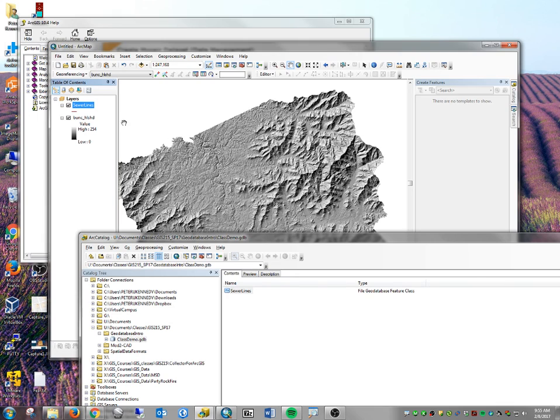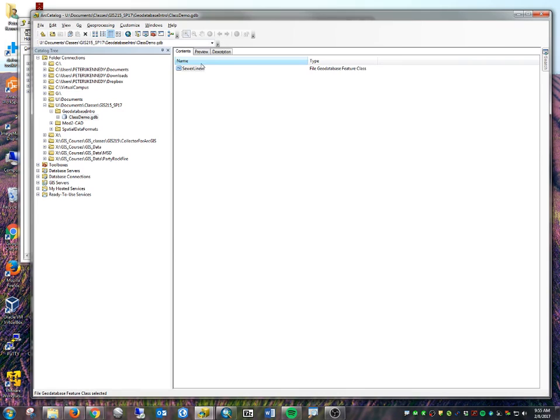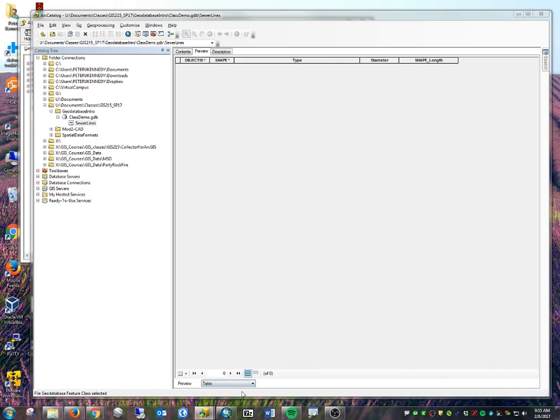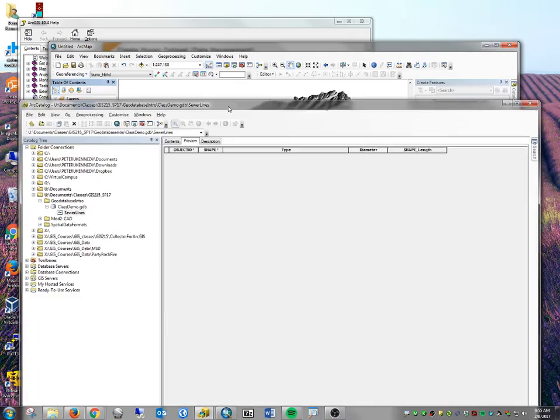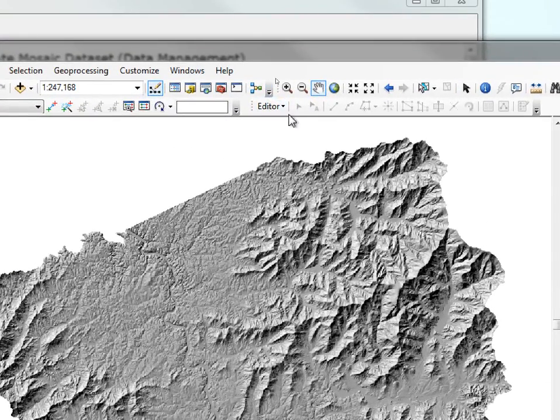map here. The neat thing about the geodatabase, if I preview this feature class, there's nothing there. If I look at the table, you're going to see the fields that I included, the type and the diameter, but there's also a shape length field. It stores the length of the line in coordinate system units, which are feet. So if I were to start editing, let's see if I can zoom and do this. If I were to start editing,